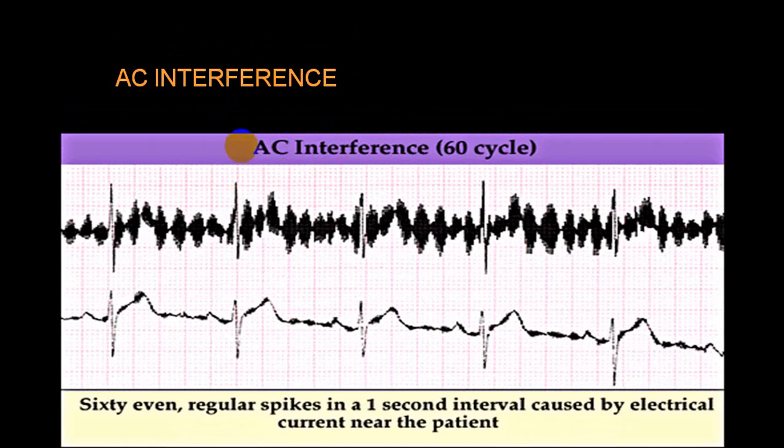See here in this ECG, there are a lot of disturbances in the baseline. This is because of electronic disturbance, AC interference. Such ECGs are taken as faulty. Now here you can see that there is a straight line. There are no QRS complexes. Ideally, when the person is asked to lie down in a supine posture and you start taking an ECG, if you see this particular line, it is usually because of faulty cable connections, whether it is loose, broken, or sometimes not connected properly. So try to rule that out.